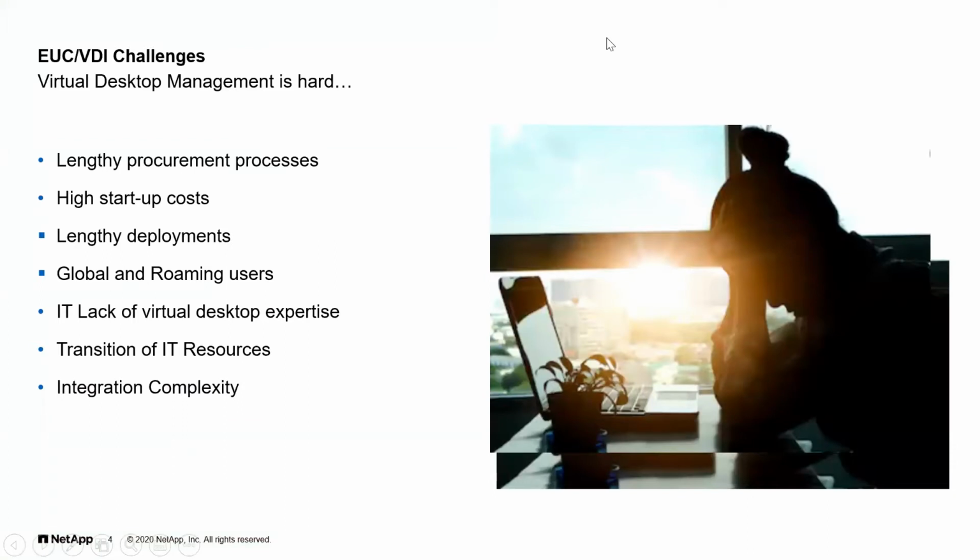At the same time, providing a virtual desktop environment to many employees can be a technology challenge. If we choose to do it on premises in a private data center, we have to acquire the equipment that we need to support the environment, compute resources, storage, networking, and similar components. Or if we choose the public cloud, we have to take all the raw services provided by the cloud providers and turn those into a virtual desktop environment. Both of these situations can incur a pretty high startup cost